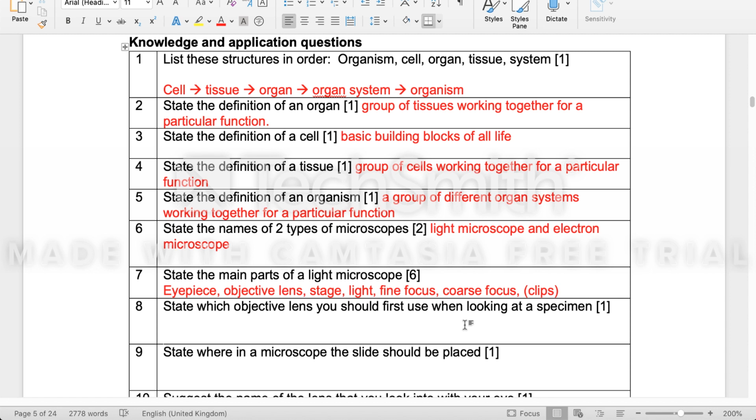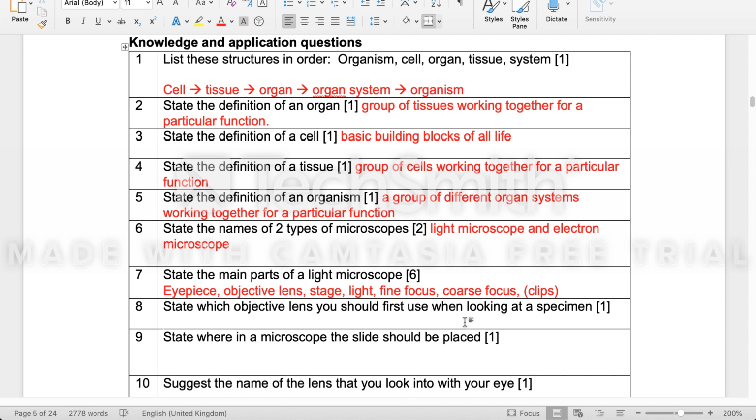Number 8, state which objective lens you should use first when looking at a specimen. So this question you might have had trouble with because, in a practical, I would have explained this. And the answer for this is actually ×4 or lowest objective lens. And I'm going to explain this really quick because with the objective lens, the higher the magnification, okay, the longer the objective lens is. And when you are moving the stage with the coarse and the fine focus, one of